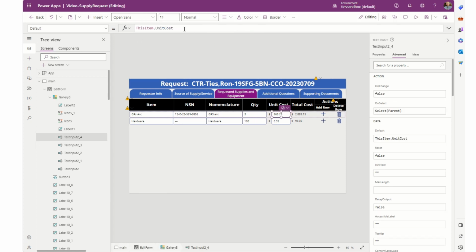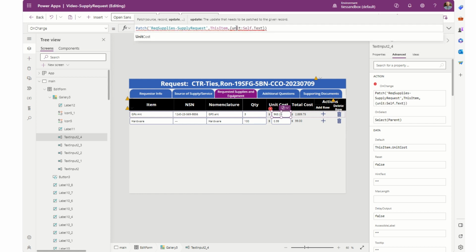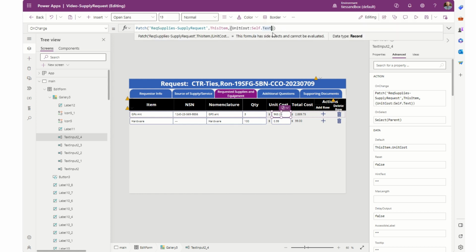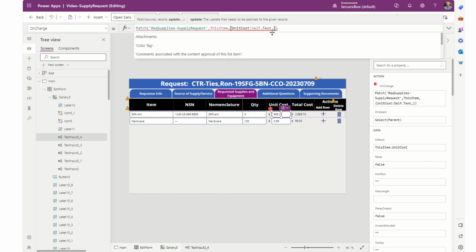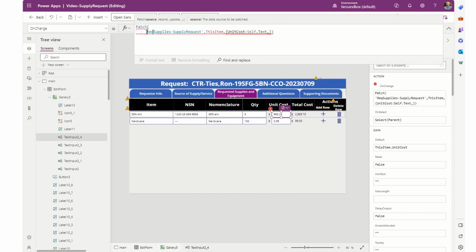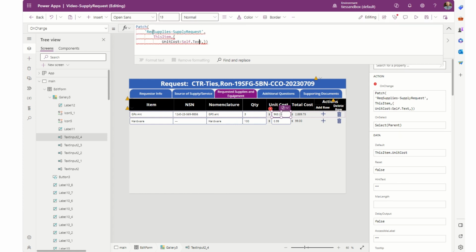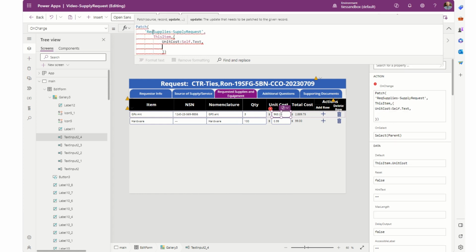Unit costs, we're going to do two operations here. Okay, so unit cost, and then we're going to go. I'm going to stack this one out just to make it simpler. All right, so we're going to go patch this here. Okay, so